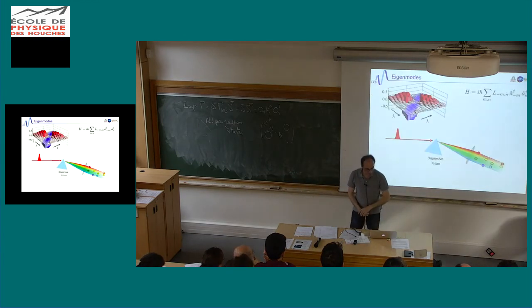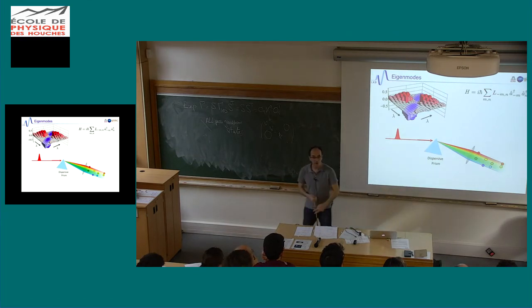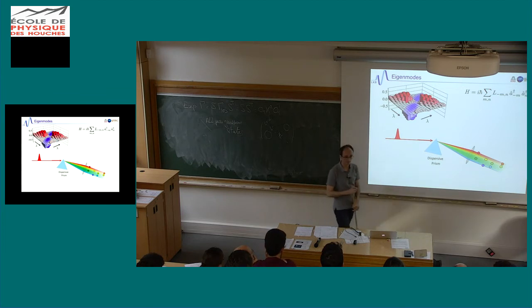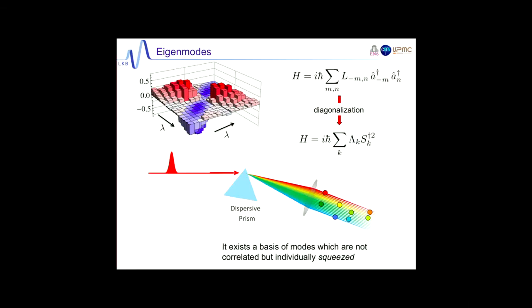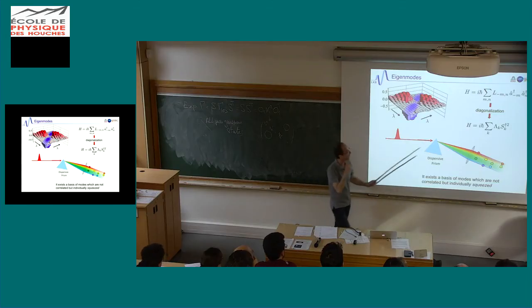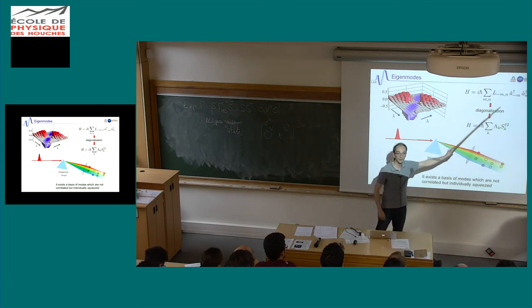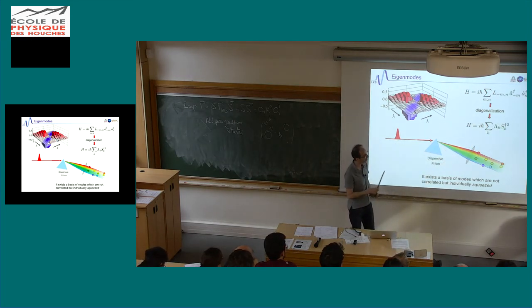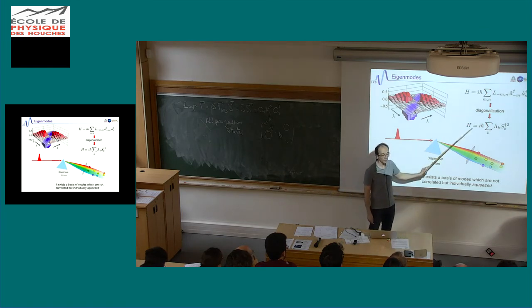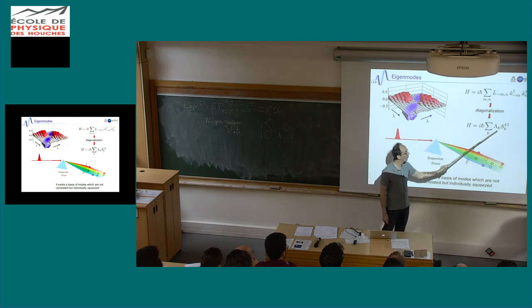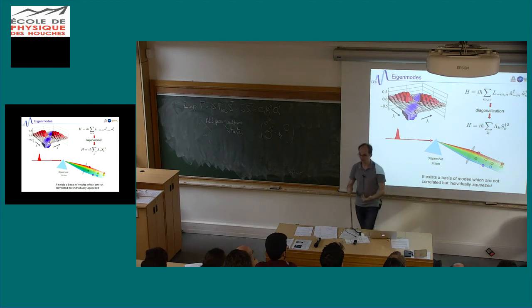Then there is another thing you can do, which is linked to what I've done here: try to do this decomposition. You can do it two ways. First, you can do it mathematically, exactly as I explained to you. You can diagonalize this Hamiltonian. The Hermitian conjugate is missing, but it's the same thing. You find again that you have some modes where your Hamiltonian is diagonal.